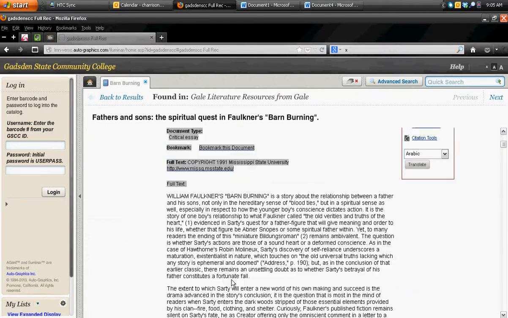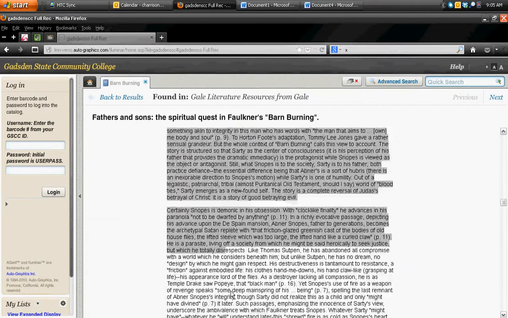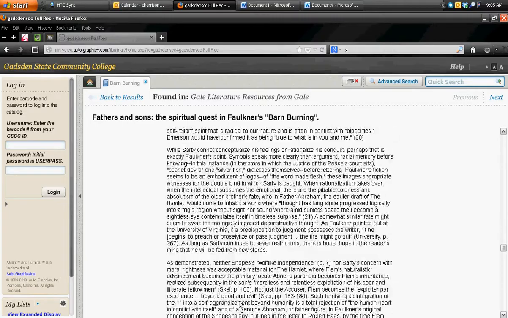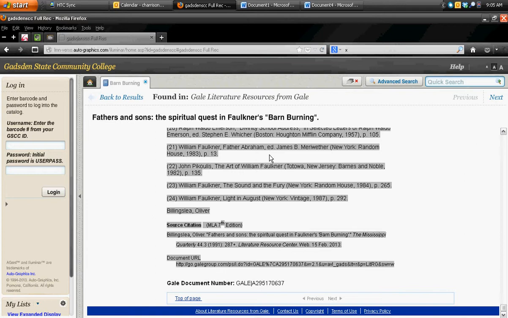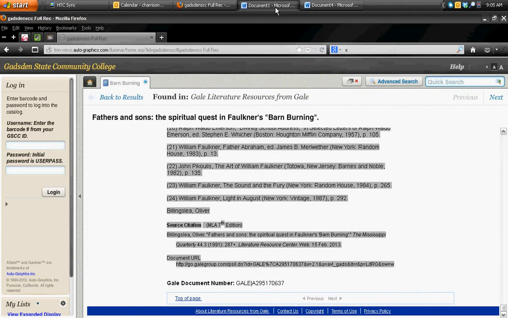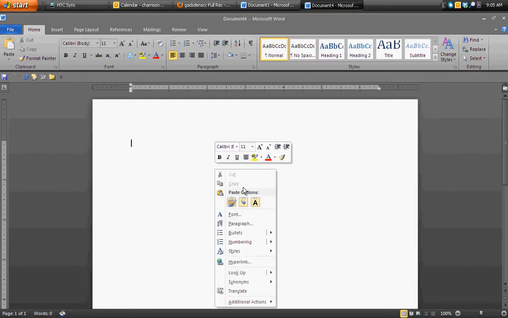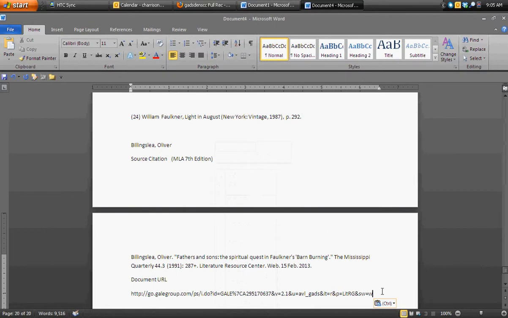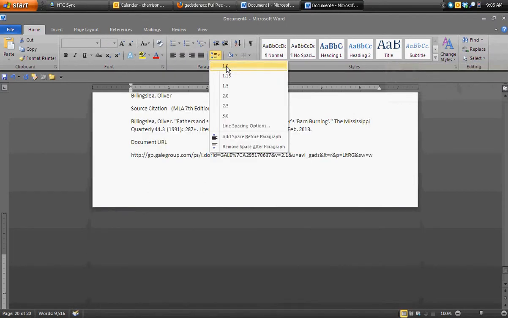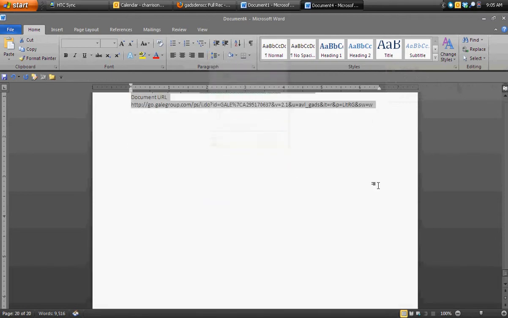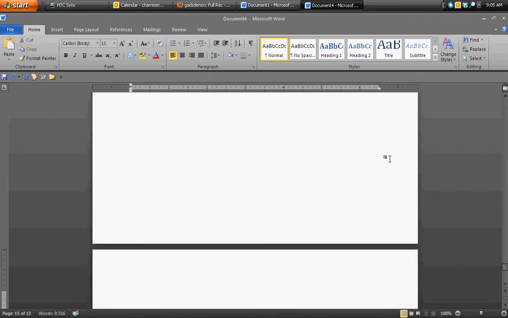It's a little low tech, but I just cut and paste the whole sucker into my Word document. And I'll do a few things just to simplify it, to make sure that I'm not wasting too much paper. I'll single space it and make it a little smaller.